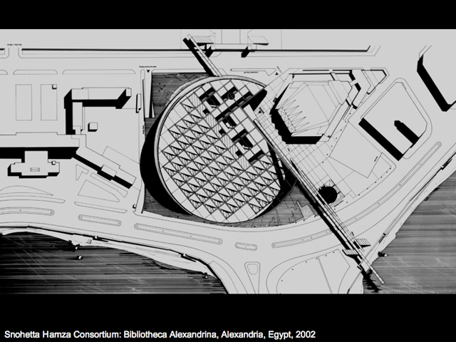Now, why is that important? The reason why this is important is because, and I have to go back here, what it does, it sets up a system by which section and plan interact in a way that cannot be changed. So the angle of the roof is exactly determined,